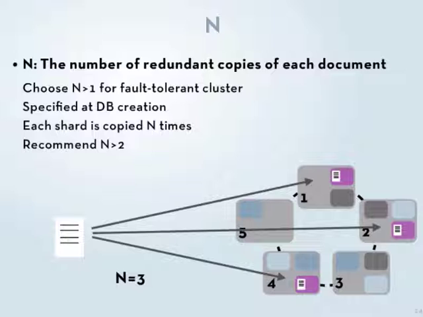Obviously it depends on how you plan to use the database, but if you want to take advantage of the fault tolerance and the ability for the system to serve your data even when nodes come and go, you should choose something that is greater than 1. And it makes it easier for the system to resolve some inconsistencies if you choose an N of 3, let's say, because then there can typically be a winner in terms of